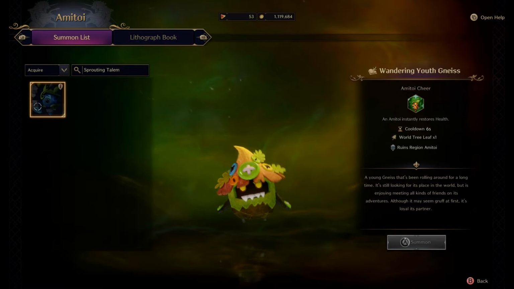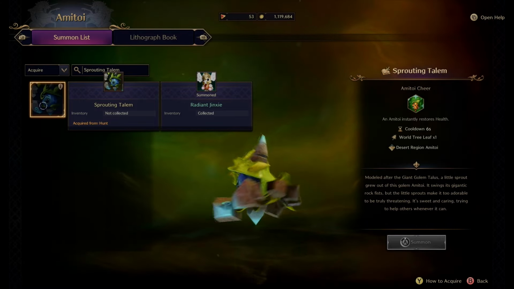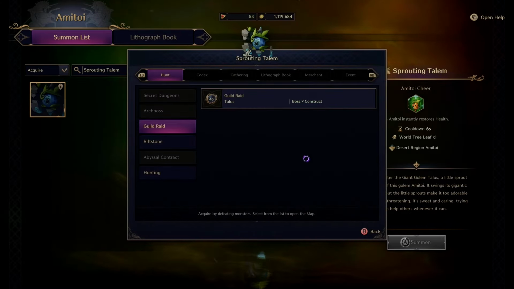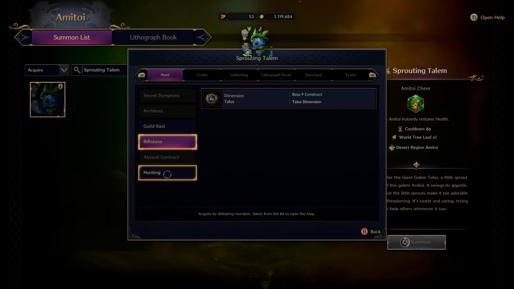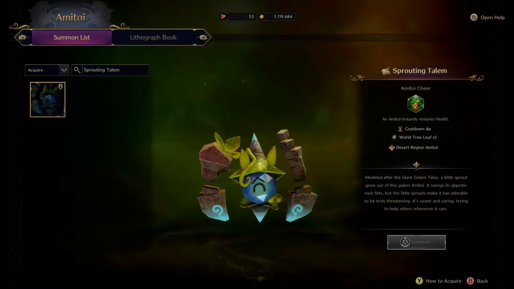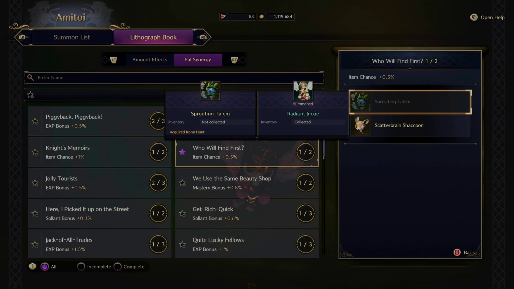All right. So how do you get this guy? Click on him and hit Y. This is a Talus boss drop. So any of these that say Hunt is going to be a boss drop. So if I need more item chance, then you'd want to farm Talus till this guy drops, which